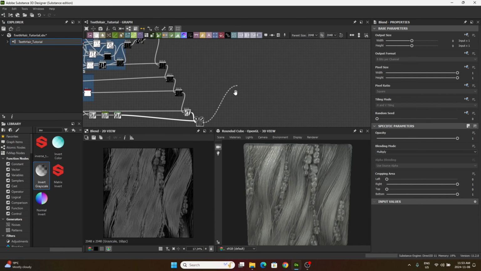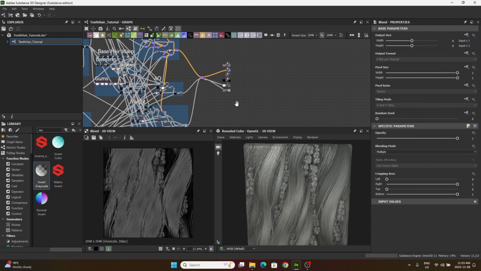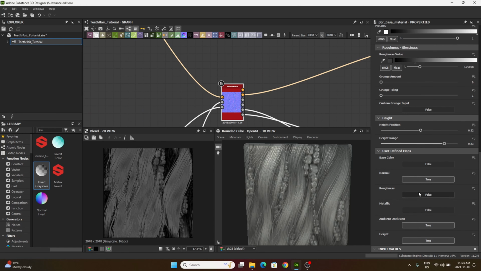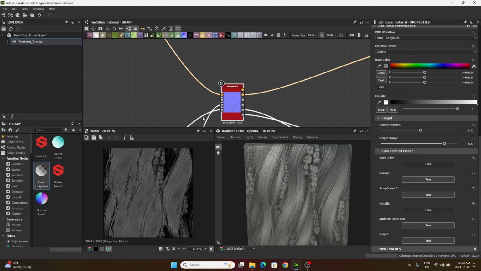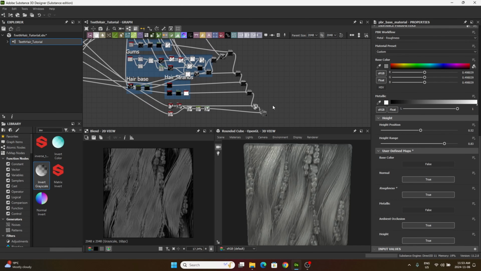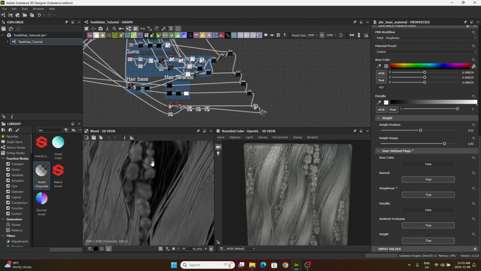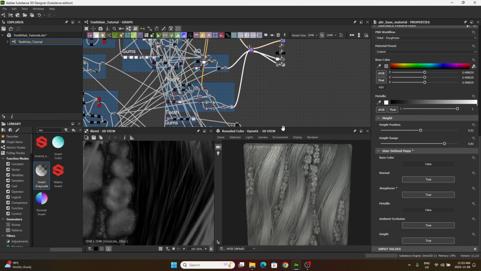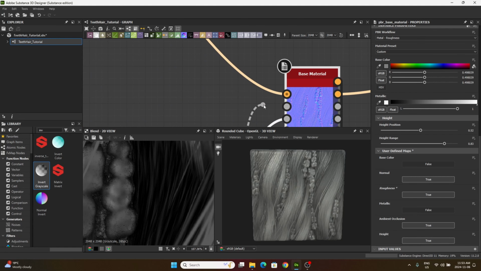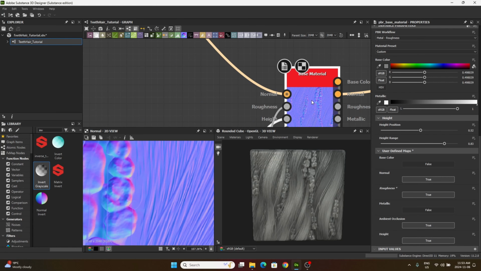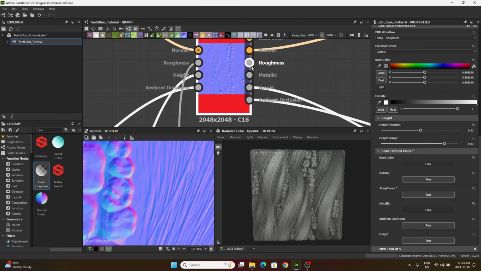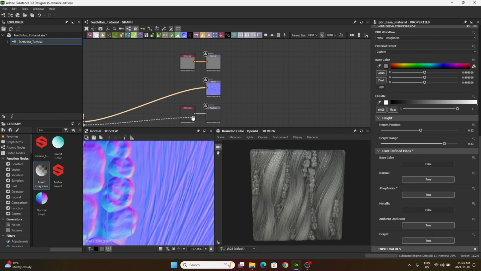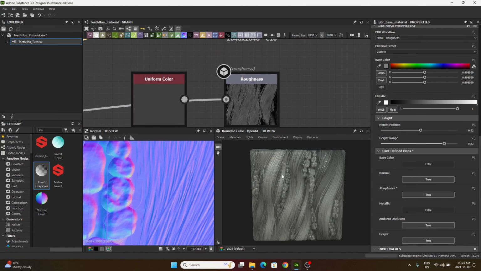Then I'm going to grab this output, or actually wait, I need to go into my base material, and I need to turn on my roughness. There we go. And just by looking at this, I can kind of already tell the background is going to be too shiny. So plug that in, and then take my roughness and plug that in. Yeah,